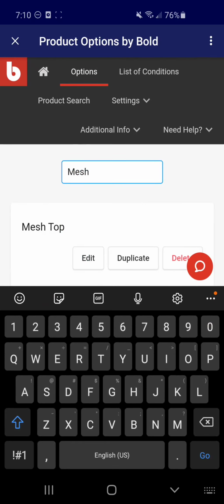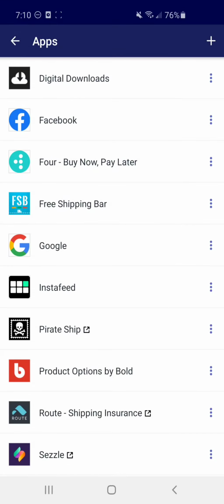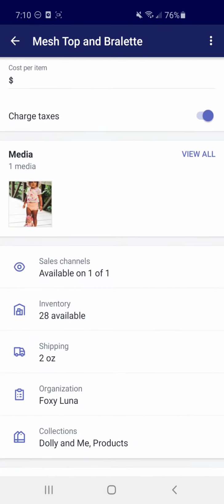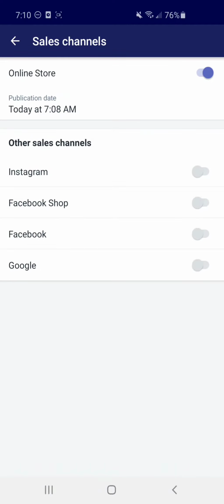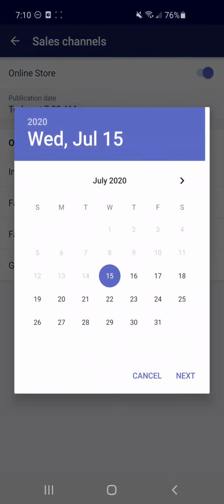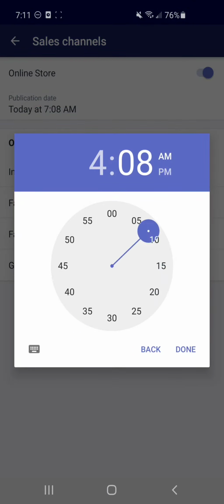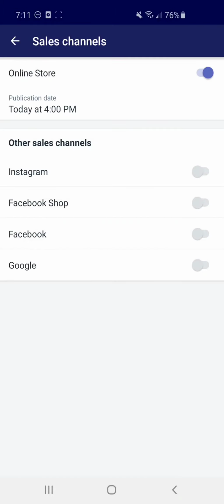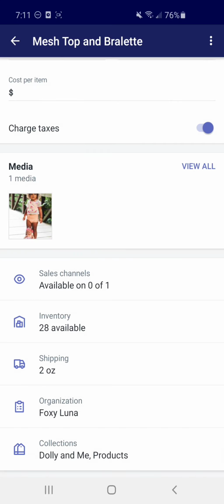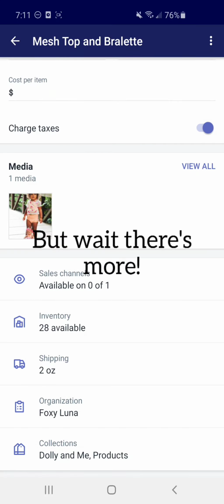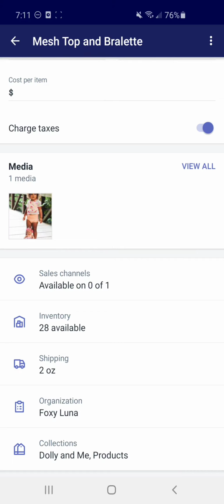And it might take a little while again to pop up, but now we're going to go back to the product and make sure that it goes live at the drop time and that it's not live right now. So all you're going to do is go to the product and then click on this publication date option. It is today, but I'm going to change the time to 4 p.m. And I think that's pretty much it, honestly. I'm going to go ahead and create all the other different products and